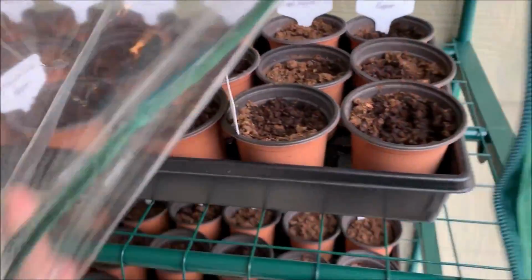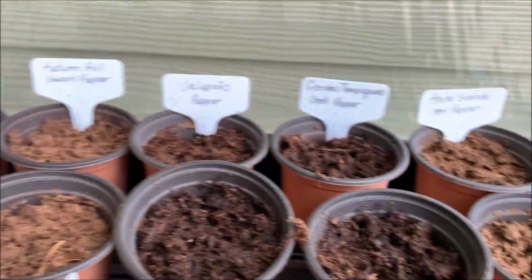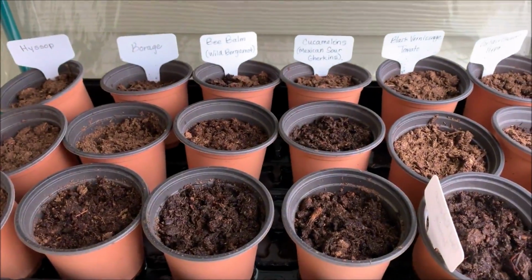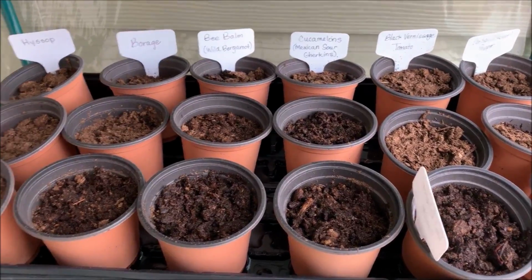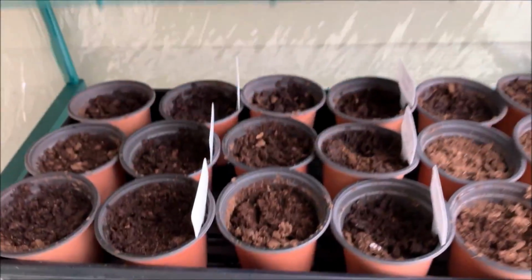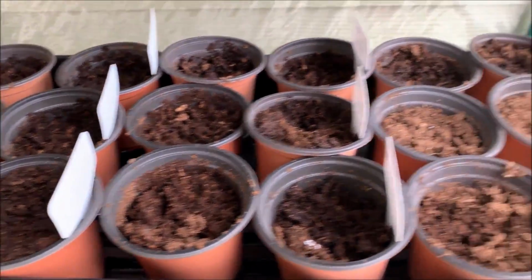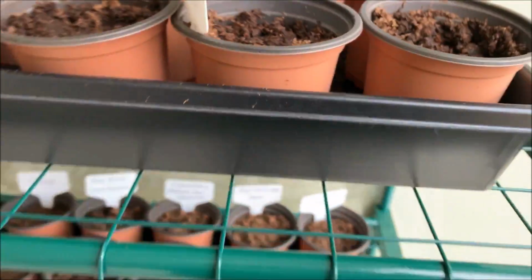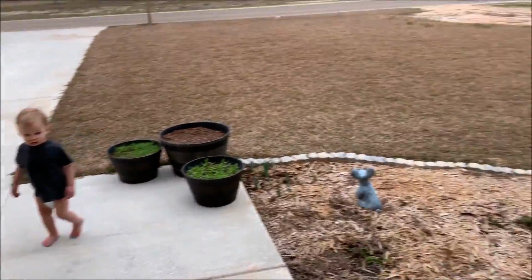So out front here in the greenhouse, I have all of my peppers and tomatoes, and then I planted a few herbs, and I went ahead and started a few cucamelons. They're all looking pretty good. I've got plenty of water in the trays down there, so I wish the sun would come out. I know it will eventually, but